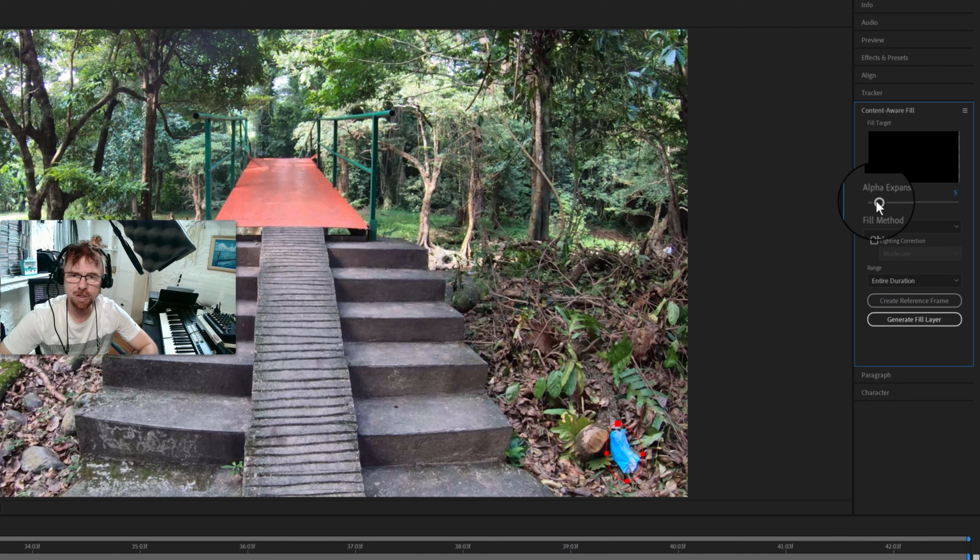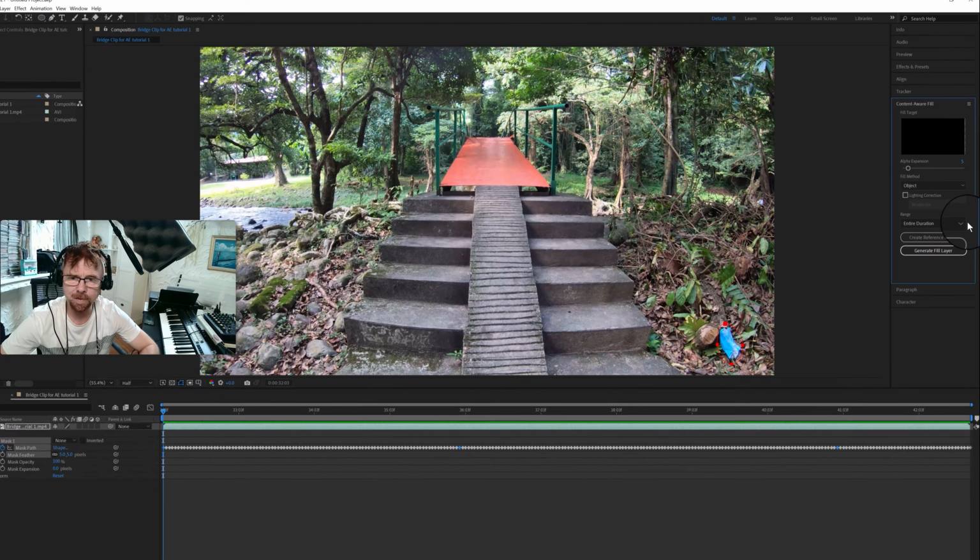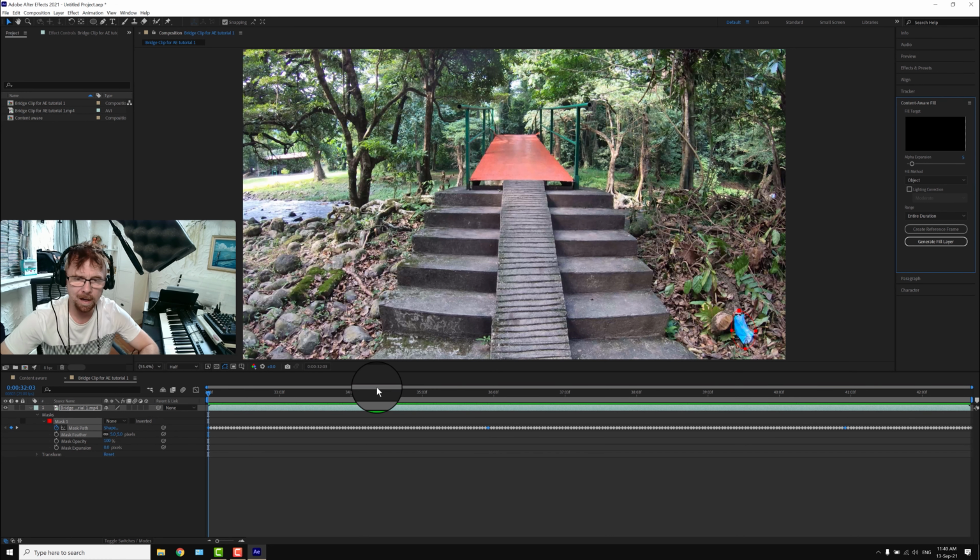Now we're going to be choosing object because we want to remove an object. Lighting corrections, based on what we're seeing here, it doesn't really need anything here. So the less we choose, the more quickly this is going to be processed. So entire duration, yes, we want that because we want the whole clip, 42 seconds of the clip. Now this is where we can help Adobe After Effects. We can now start creating